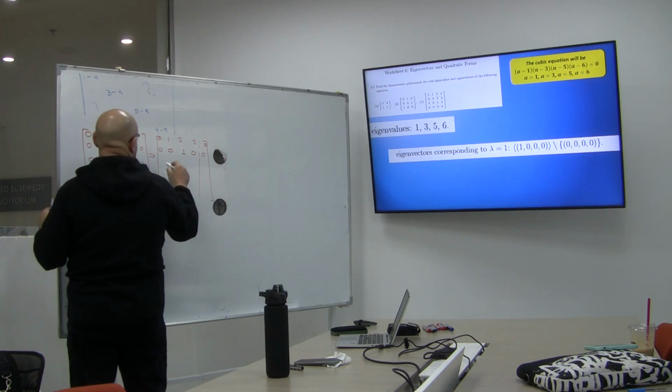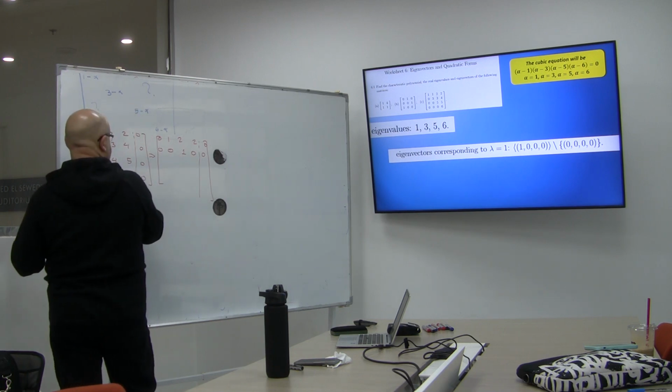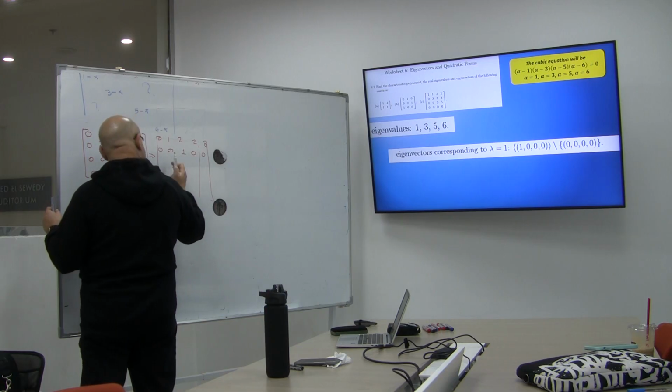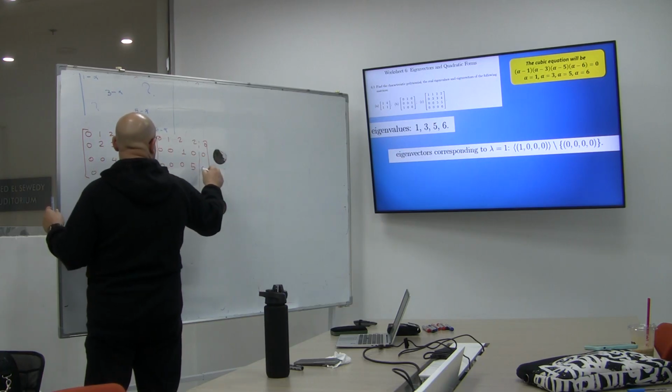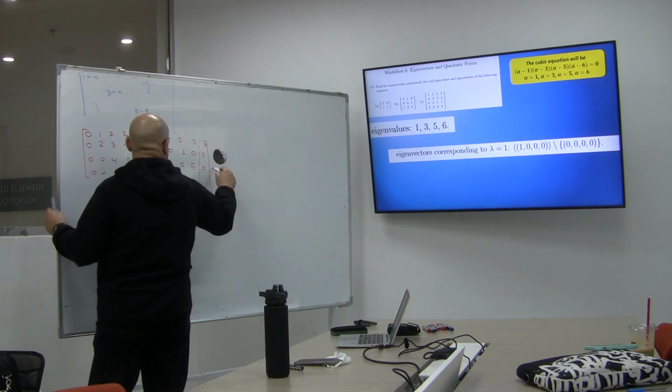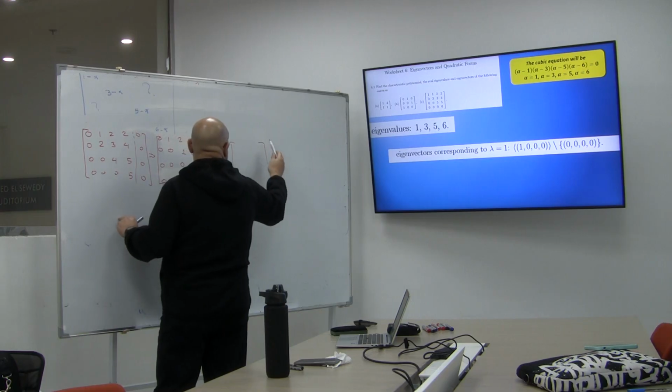Now, I will have to use this pivot in order to eliminate the 4. So I will multiply by negative 4. Yes, you are right. So it's going to be 0, 0, 0. Then negative 4 times 0 is going to be 0. Plus a 5, so it will remain as a 5 and 0. This row, if you multiply it by negative and add it to the last row, you will end up having all of them zeros. And once more, okay, as you can see, once more,